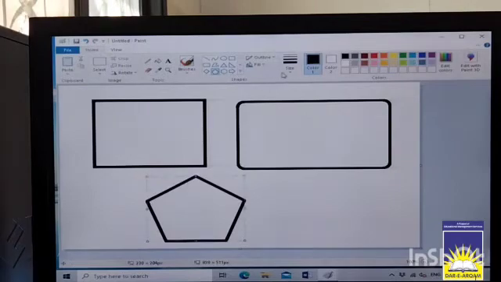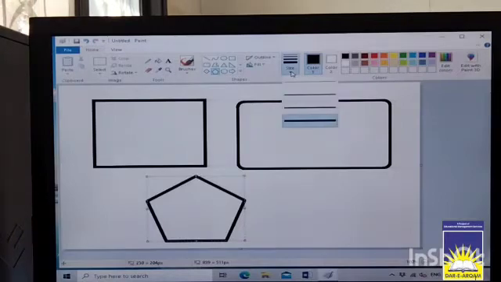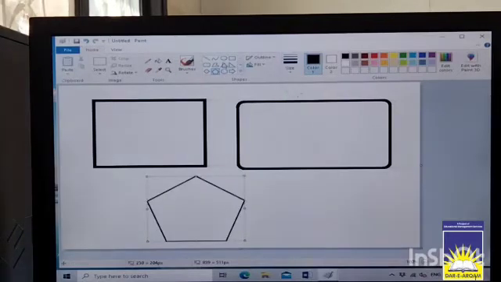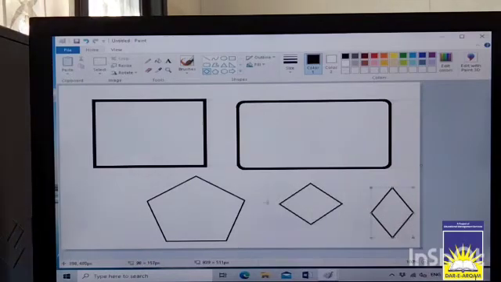And with the help of size you can change the size of any shape. Like, I want this size and I select this triangle and then look, the size is changed.